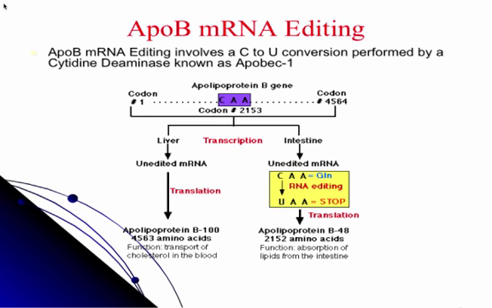So when these papers came out, they initially thought it was a mistake, and then they realized this is the first evidence of anything like this occurring in mammals. The only other incidence was in fungi. They found some editing. But what this means is this is a controlled event, and it affects our risk for cardiovascular disease.